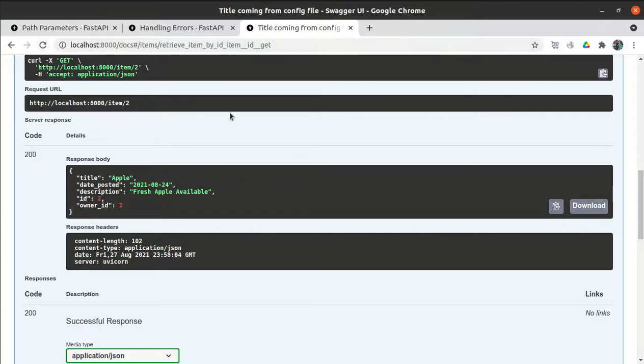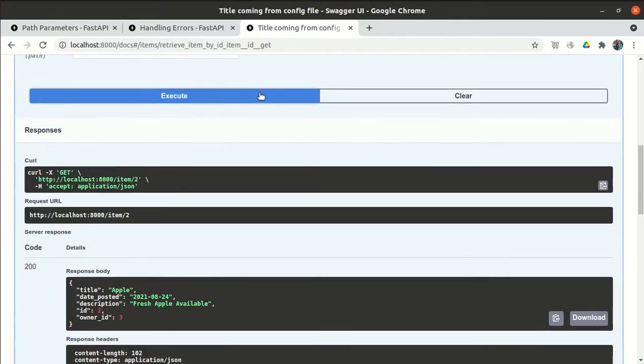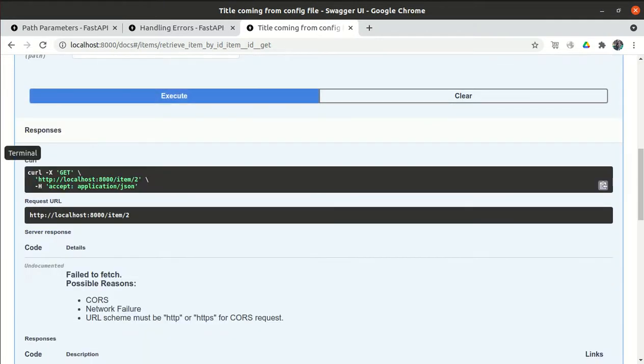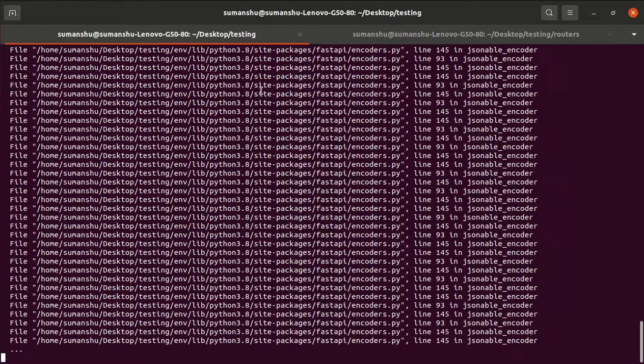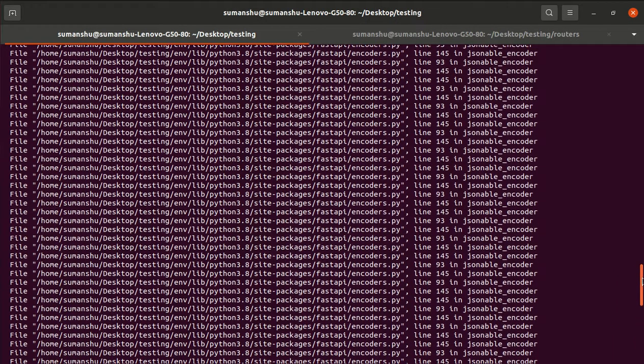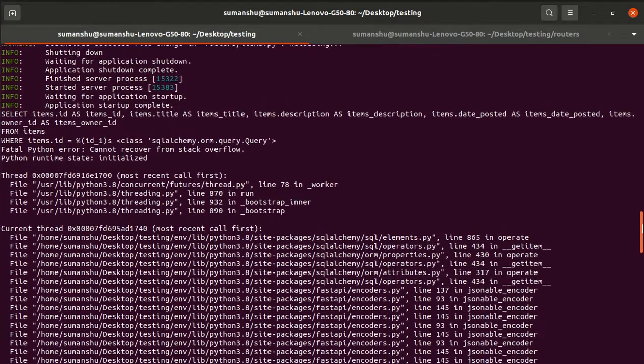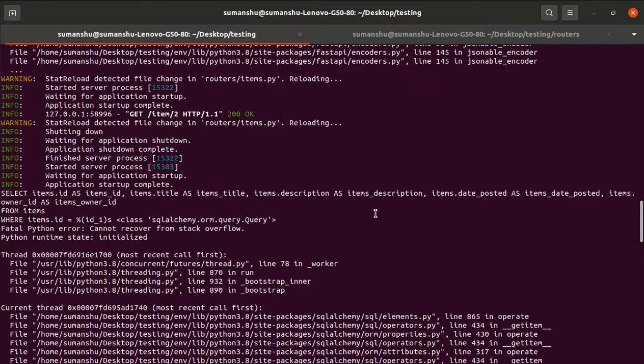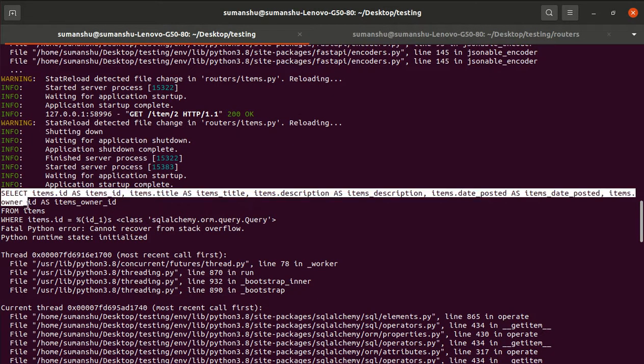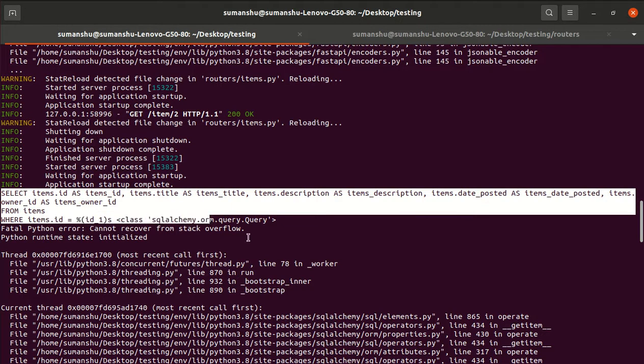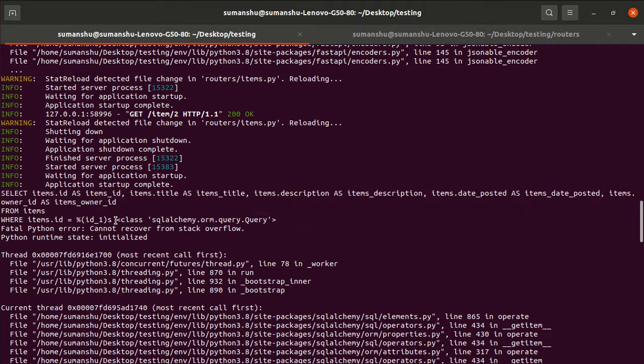Let me re-execute. It will fail, but here we will definitely see the print statement because we use the print keyword. So what is it returning? It is returning this particular query only, like select item where item is equal to. It is basically returning the query, because when I check the type, it is this. This is not what we want. We want a particular JSON object, so we need to use the first keyword.